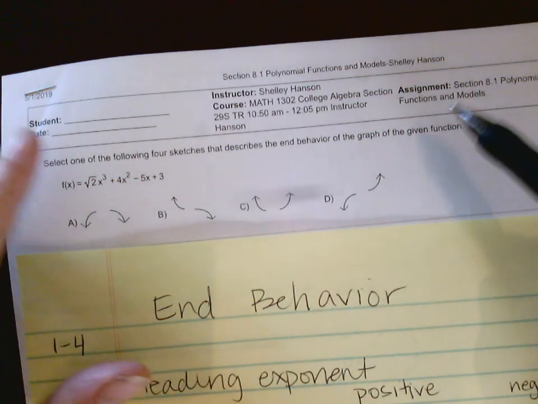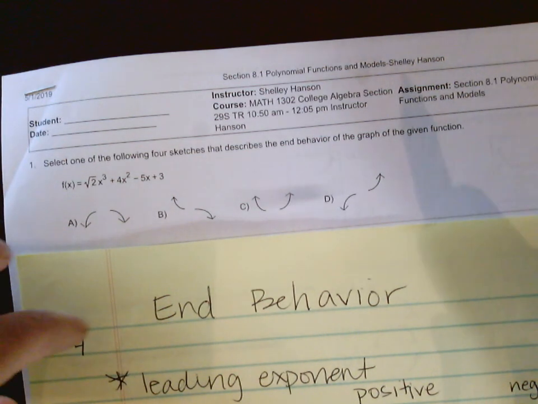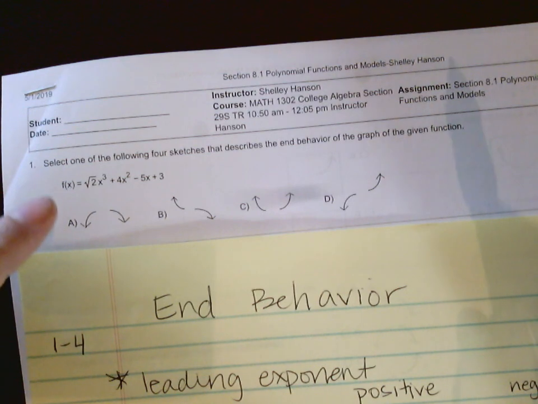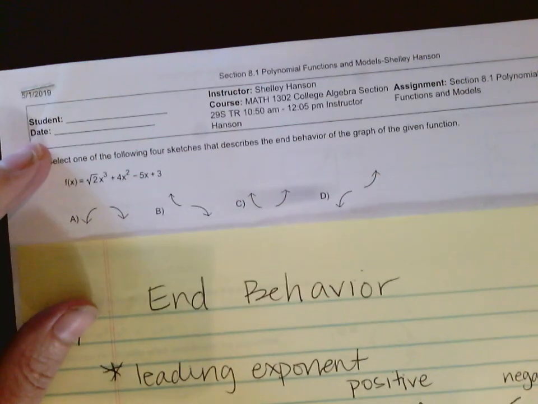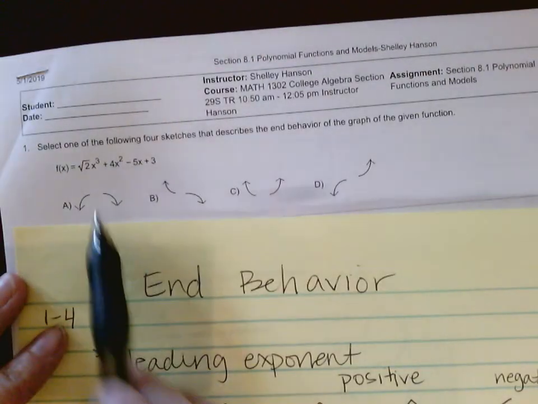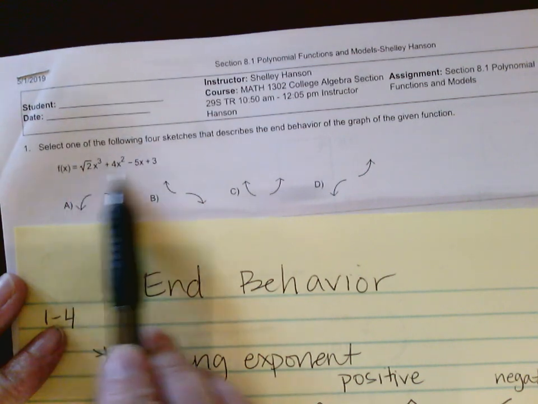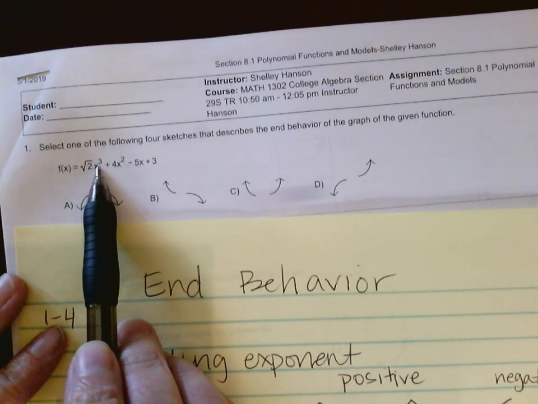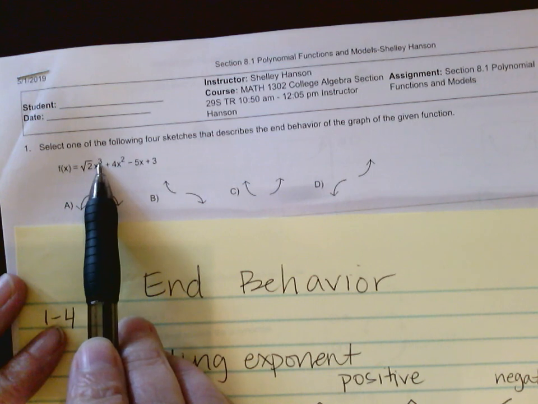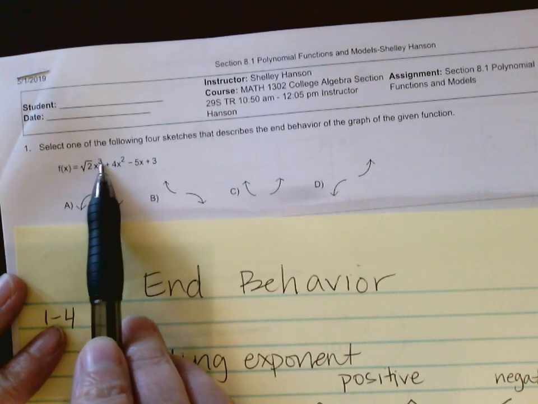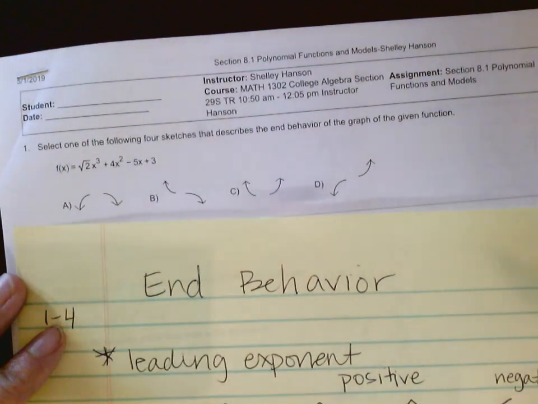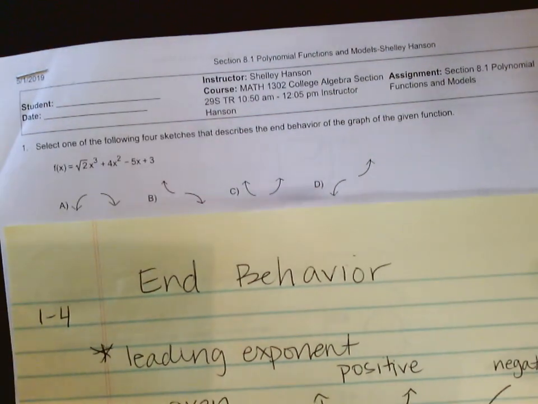Are they both going up? Are they both going down? Or is one going up and one end going down? So the way that you're going to look at that is you look at the terms, however many there are, and you find the highest exponent, which in this case is a 3. That, first of all, is going to tell you whether the end behaviors are both going up or